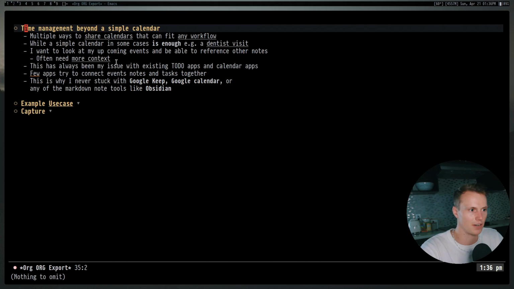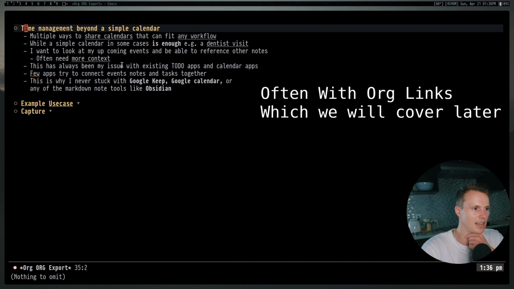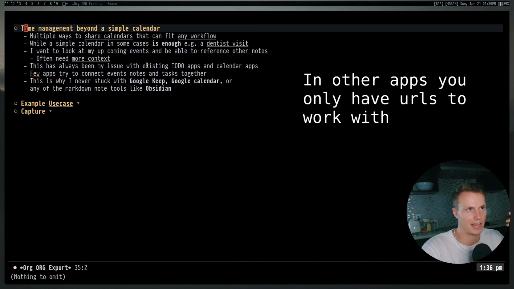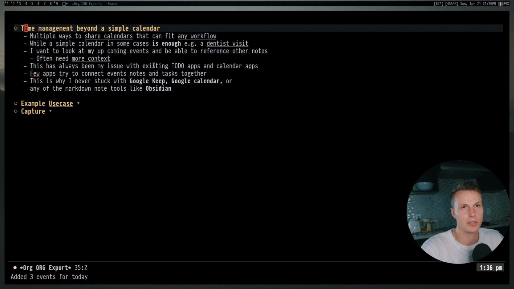Org mode offers you a ton of different ways to share context with different things. In a different application, there usually isn't a way to do this. You can usually put some details and then maybe just links to different URLs, but you kind of lose the ability to share different things, especially when you have a lot of notes and you need to share them with your calendar, and maybe you have different tasks that you put in your to-do application. You kind of end up branching them together and they don't really work well, versus org mode puts all of this into one.